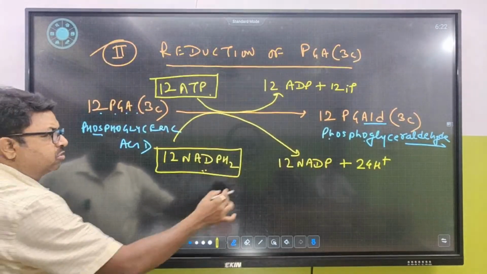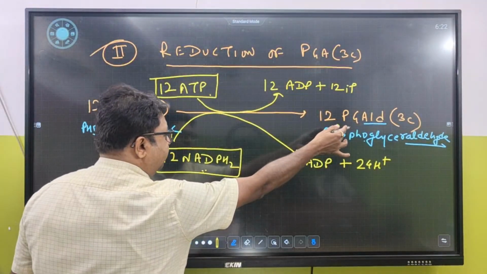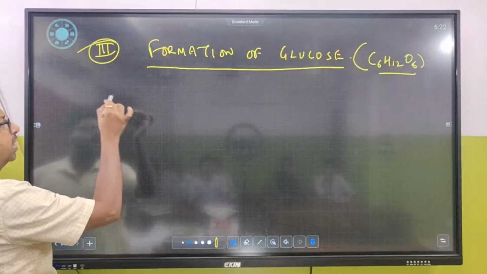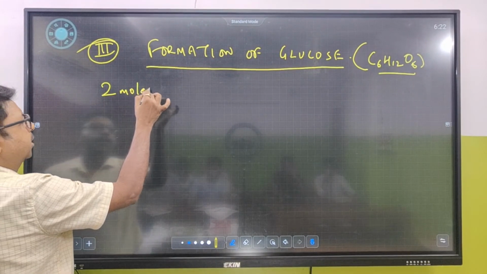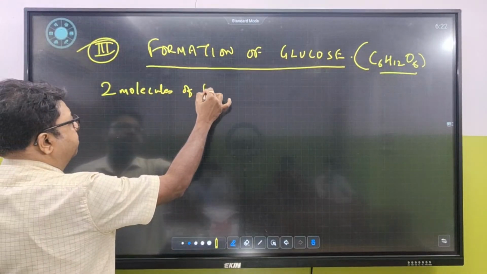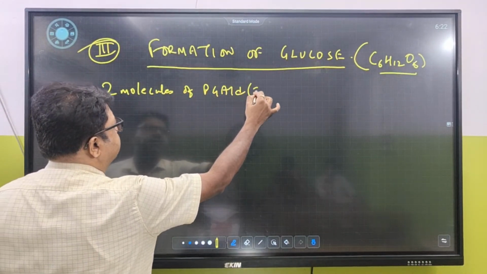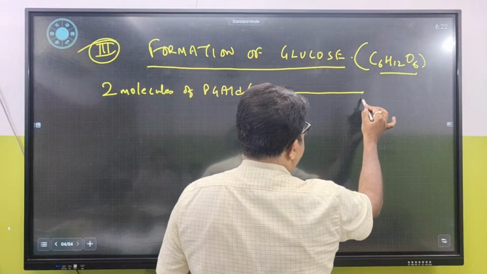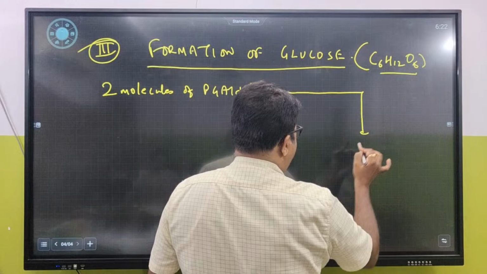Out of the 12 molecules of PGALD, the final product, 2 molecules of PGALD, phosphoglyceraldehyde, are required by the process